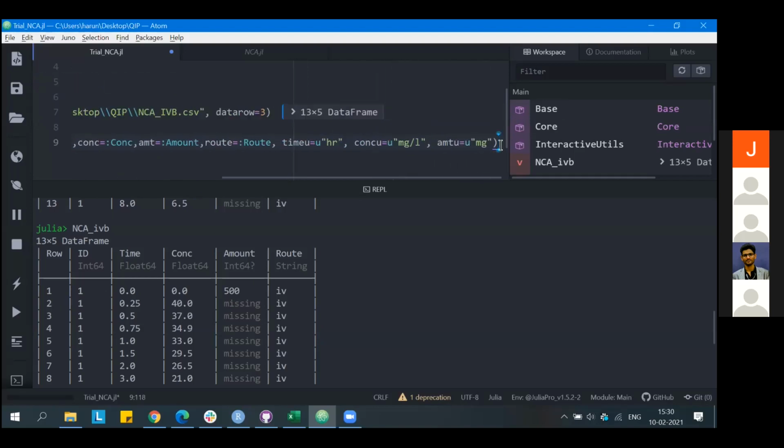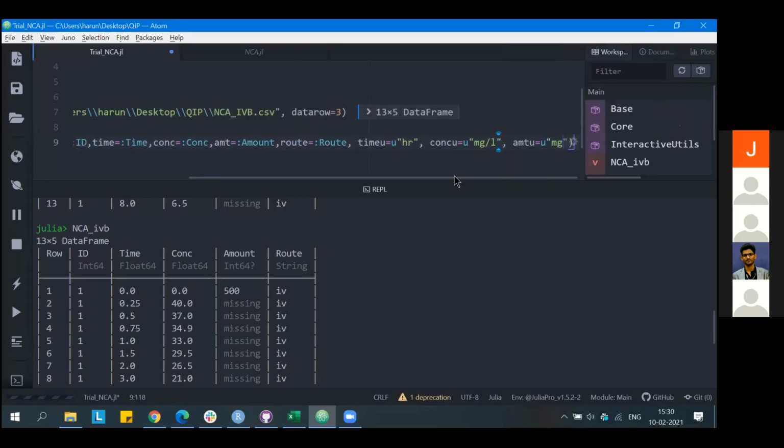Now I'm executing the function. Now if you see, the IVB is ready.